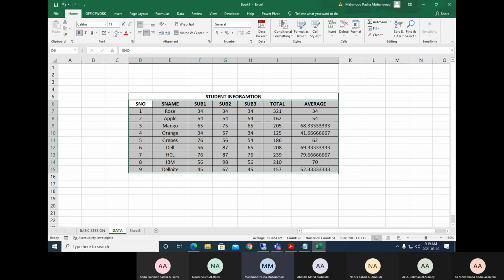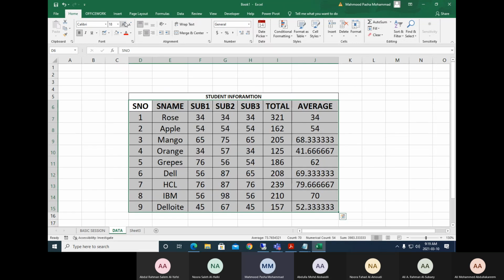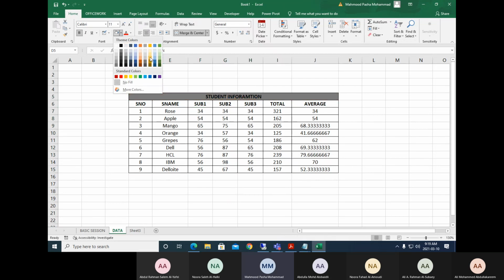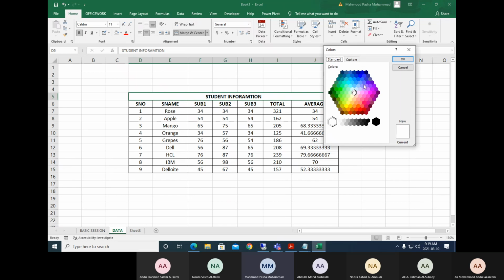Next one is font style. You know the style and the size. Here we can increase or decrease the sizes according to our style. You can see this one is for increasing and this is for decreasing the size. Now the next thing, to apply the back color, you can apply the back colors from over here, according to our requirement. If I want to select some more colors, go to More Colors and you can select Custom, and select any other color which you like.